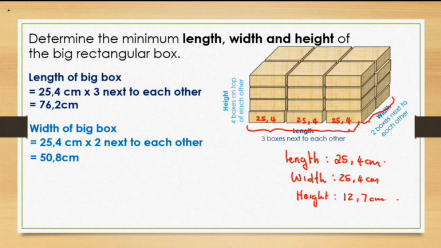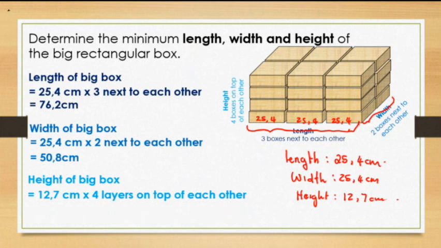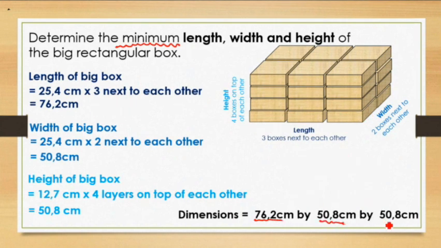Now, what is left is the height, the layers. What is the height of this box? We have the height and we have 4 layers. Remember our height here was 12.7 centimeters. Basically what we're doing now is 12.7 centimeters times 4, which gives us the answer 50.8 centimeters. Now, remember that for each one, that minimum is this and minimum is